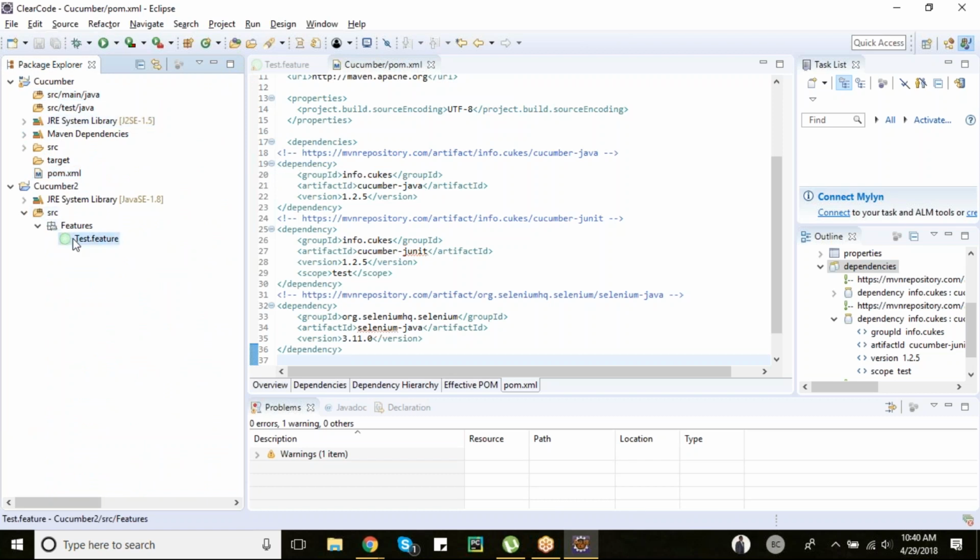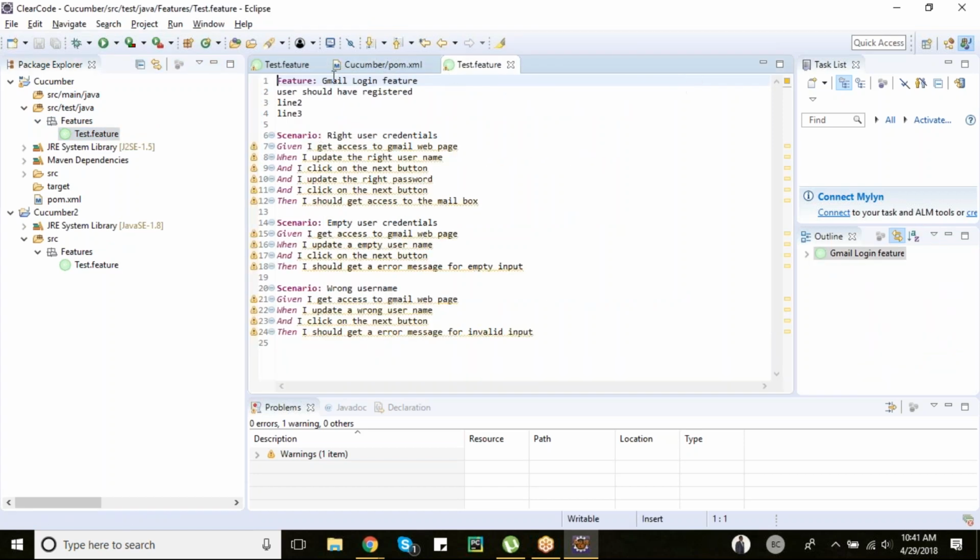You can just copy this feature file. Maybe from this feature folder itself, you can copy it, put it onto either source test Java or source main Java, so that the feature file comes under a package. Open the feature file. This is the new feature file that we have updated in the Maven project. I am going to use it now in order to integrate with Selenium and run it on Selenium requirements. So first thing I need is an external engine